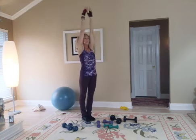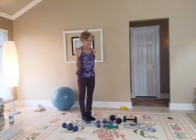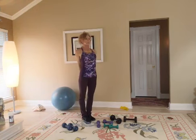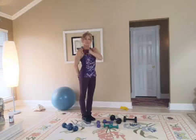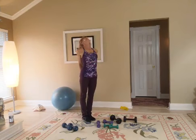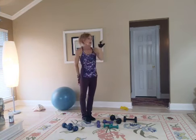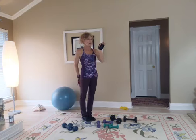Inhale, arms up. Exhale, one more time for this chest stretch. Interlace behind the back. Push those arms away, open up through the chest. You should feel a big time stretch from shoulder to shoulder there. Look up. Even when you're looking up, I want you to try to jet your chin forwards as if you're